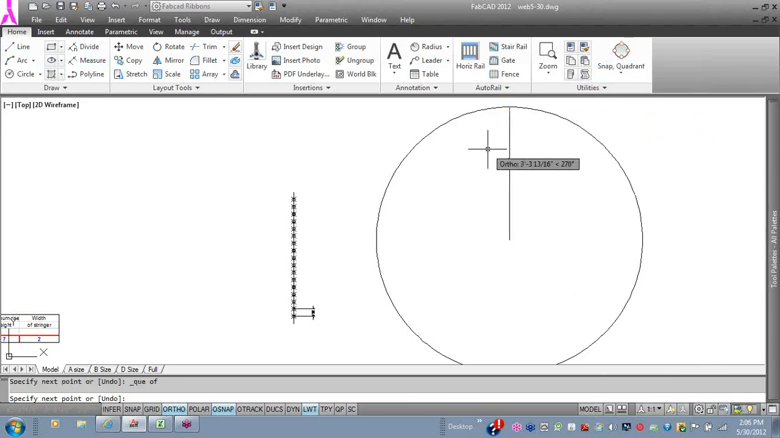And I'll go up to here, and now I've got my starter line. So that's the top of the stair. Next thing I want to do,